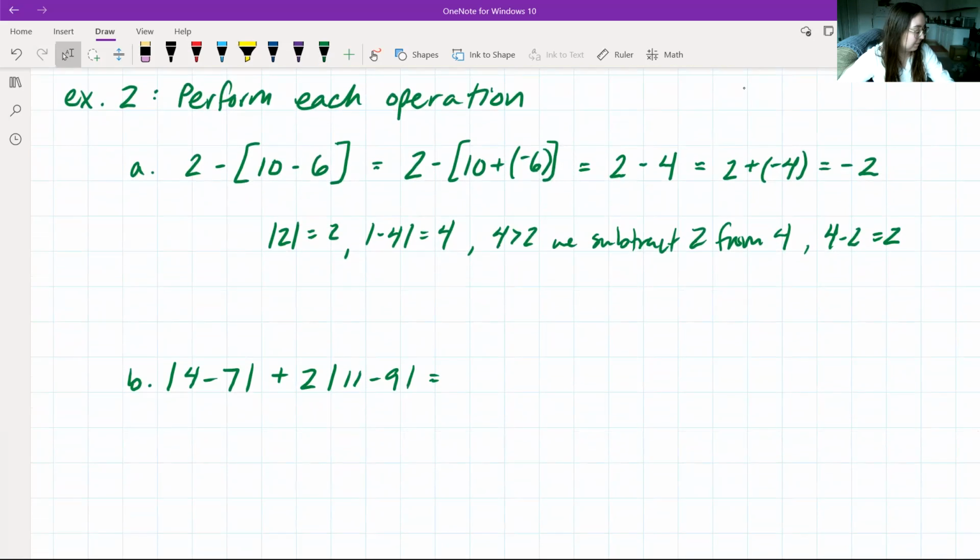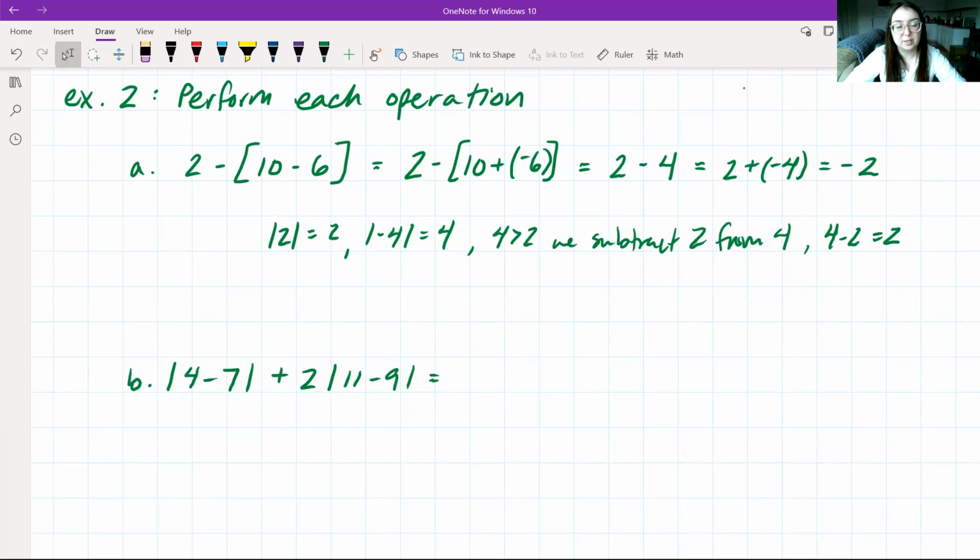All right, then have our other problem here. So we have the absolute value of 4 minus 7 plus 2 times the absolute value of 11 minus 9. So we want to do the same thing as we did before. But now we have two separate grouping symbols. We have our 4 minus 7 and we have our 11 minus 9. We also have our 2 multiplied by our 11 minus 9, but remember we want to do everything in our